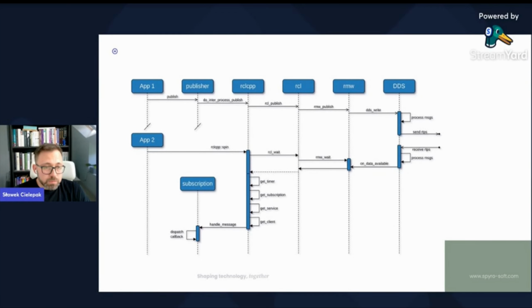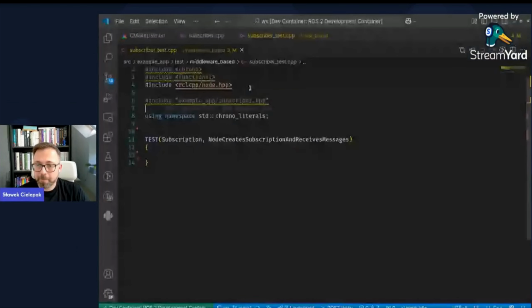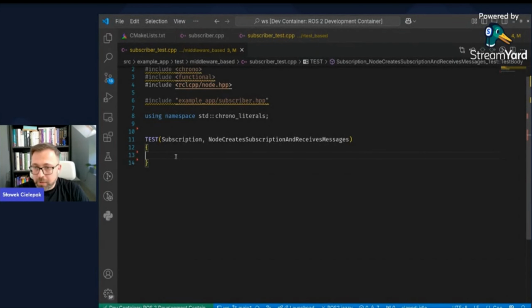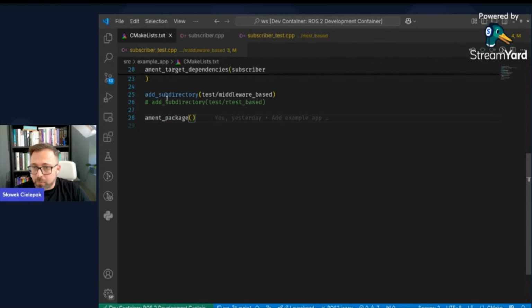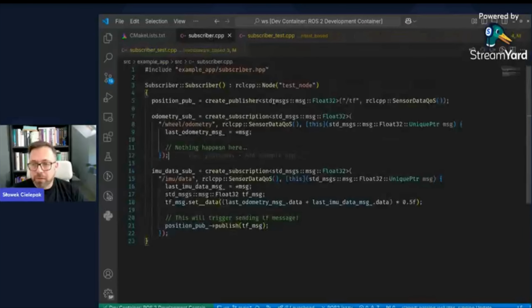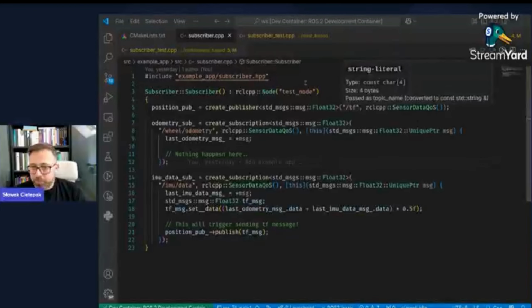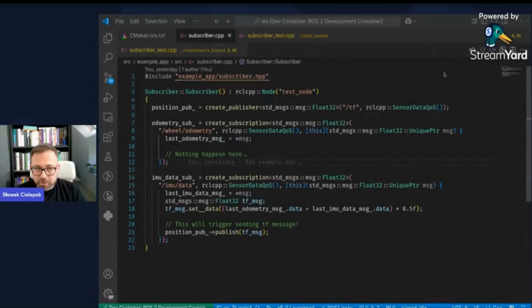Now, let's do that example and try to run it. So let's switch to the code editor, please. And let's try to implement a basic test like we mentioned. So we are set on the middleware test. And first of all, let's take a quick look at the subscriber implementation in C++, just to grasp the idea